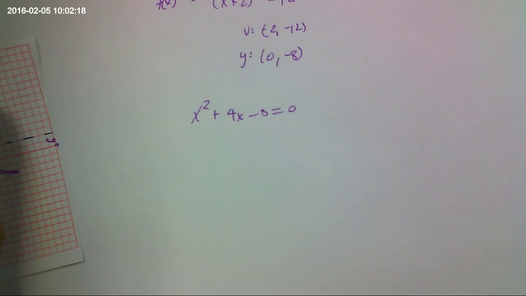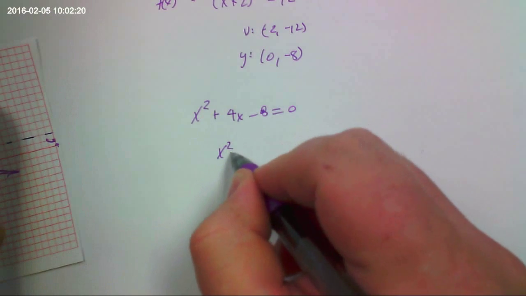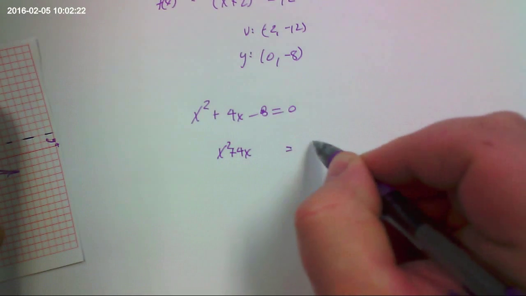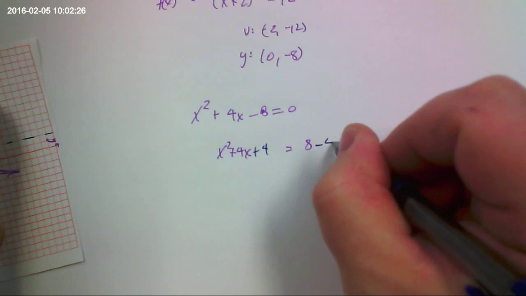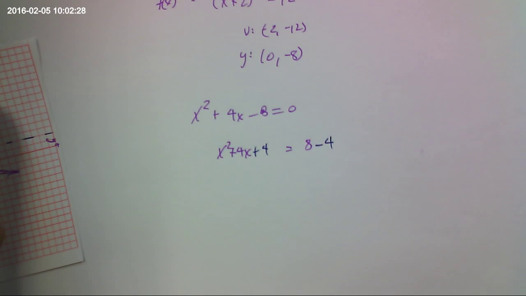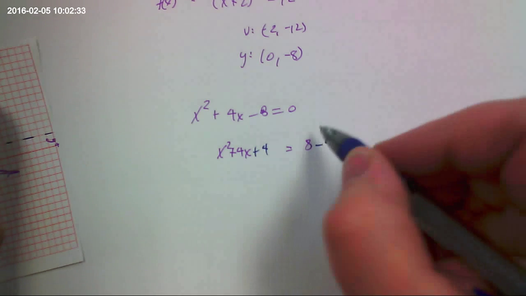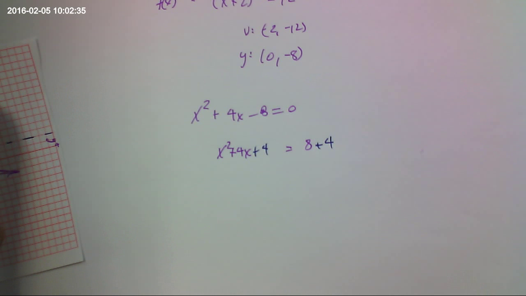Right? So move the 8 over. Leave a space. Right? Take half that number, square it, add it to one side, subtract it from the other. Right? The reason we add it to both sides? Because